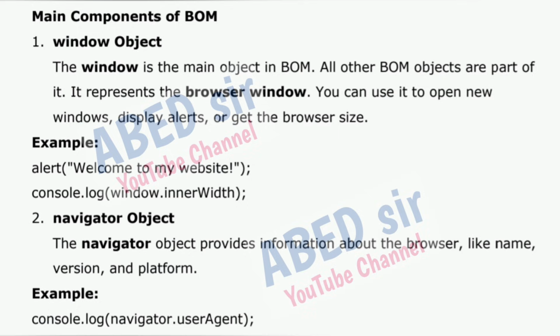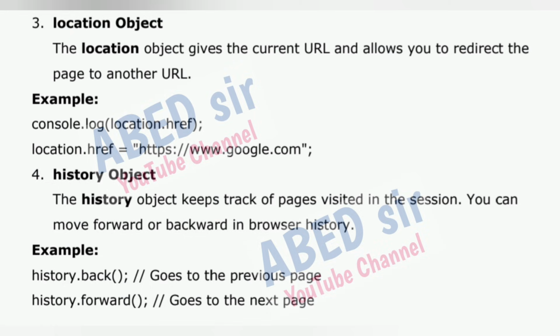Console.log(window.innerWidth). 2. Navigator object. The navigator object provides information about the browser, like name, version, and platform. Example: console.log(navigator.userAgent). 3. Location object. The location object gives the current URL and allows you to redirect the page to another